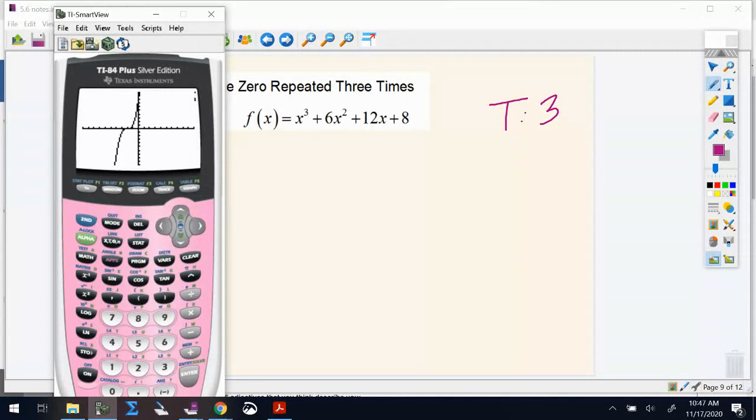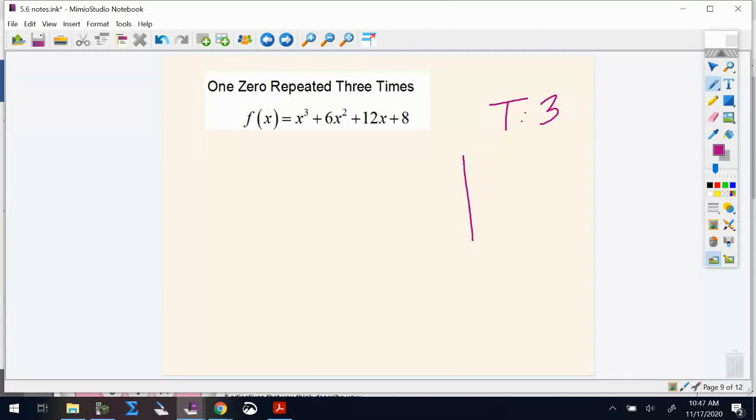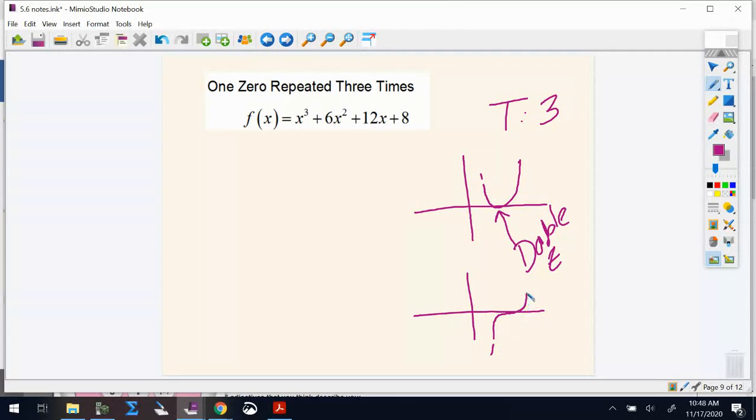So this reviews something that we talked about earlier in the chapter, which is these multiple zeros. I'm just going to draw some little extra pictures here to explain this. If you have a situation where a graph touches an axis and bounces back, that is considered a double zero. It's a double solution or a multiple solution of 2. If you have a graph that goes up and lays on the axis, which is actually what's happening in this picture, this is a triple zero,